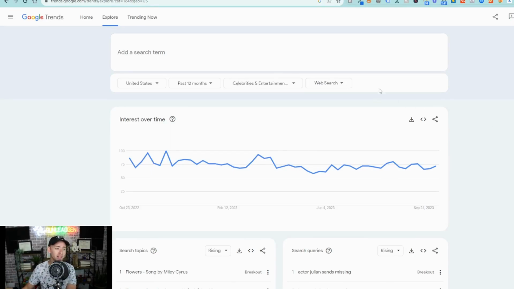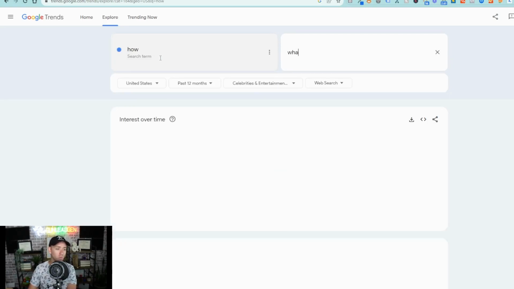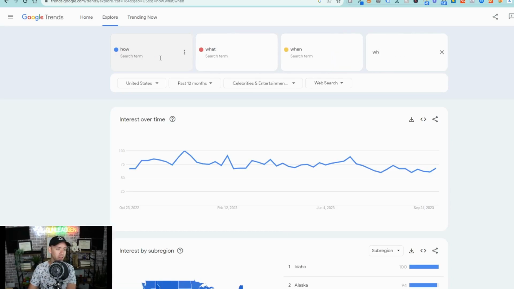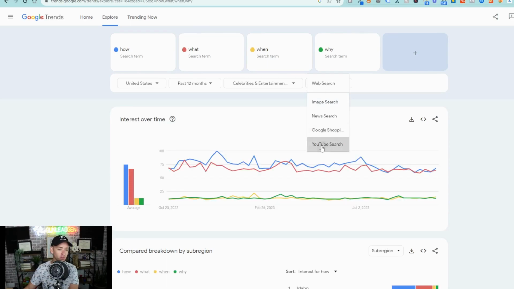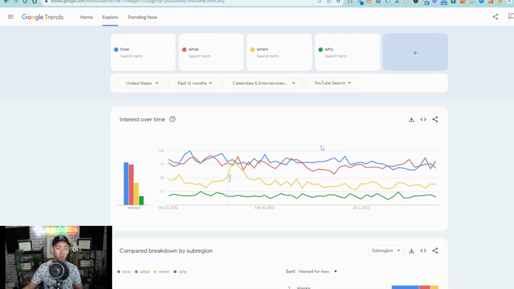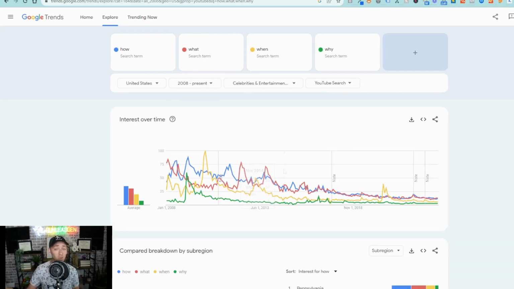Let's throw in here a couple search terms that we know are being used on YouTube. Let's do how, what, when, and why. And then let's go ahead and filter this for YouTube search. And really quickly, we can start to see trend. This is only in the past 12 months of these 4 words used on YouTube. Let's go ahead and throw that out even further back to 2008. And we can really quickly see how these words have trended in queries on YouTube over time,